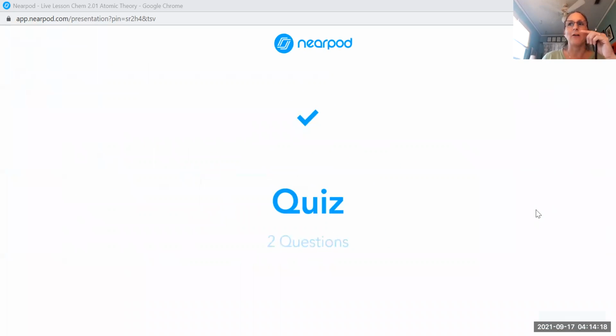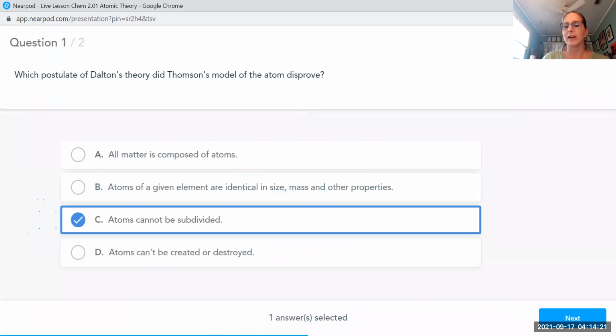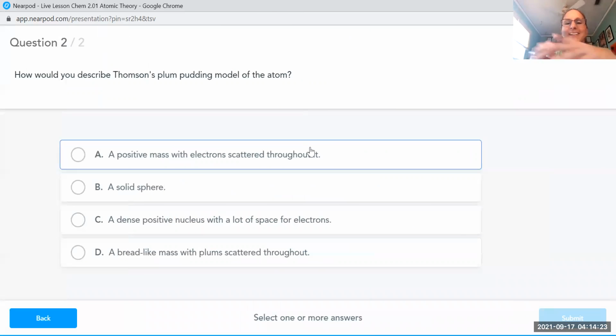I did the wrong arrow thingy. My bad, my bad. Atoms cannot be subdivided. Okay, next one. There you go. All right, so